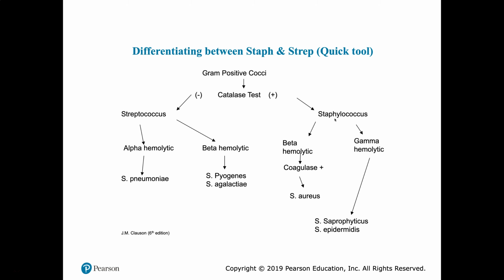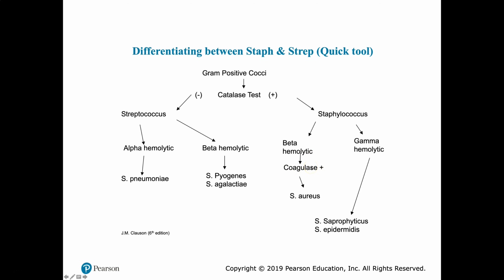And if we use blood agar and we see gamma hemolysis or gamma hemolytic colonies, meaning there was no red blood cell breaking down, it could be one of these two species. Or if we saw beta hemolysis, meaning complete breakdown of red blood cells, it could be Staph aureus. But we could even take it a step further and say, all right, I have a beta hemolytic colony. There are quite a few organisms that are beta hemolytic. But now let's test